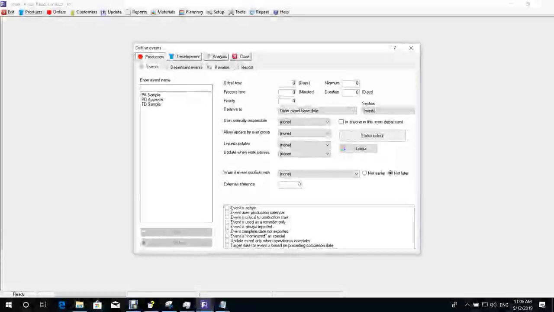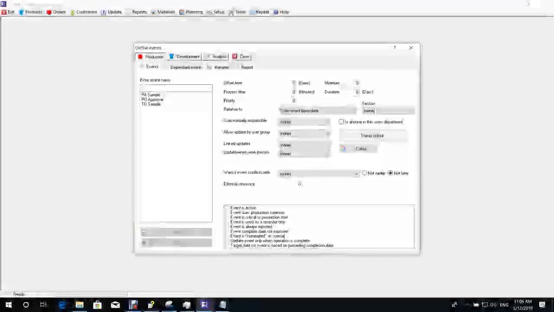Development is all our events that we need to do against the style itself. So we do it on a brand new style that you've developed. You may have different samples and approvals that need to happen before it can go into production. And then you have your events that are linked to an order for our production events. So any approvals that you need to generate or